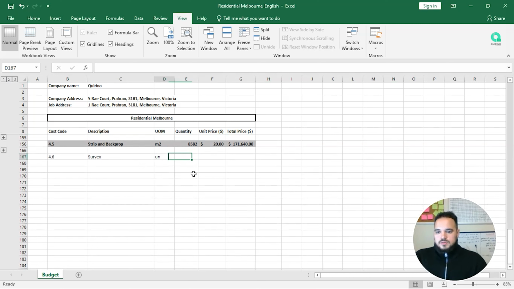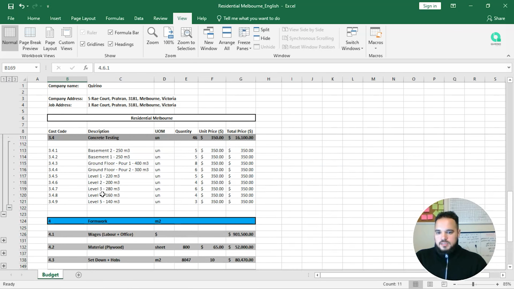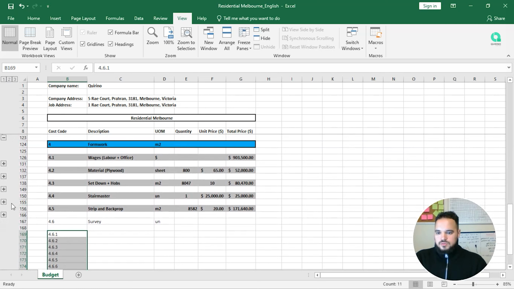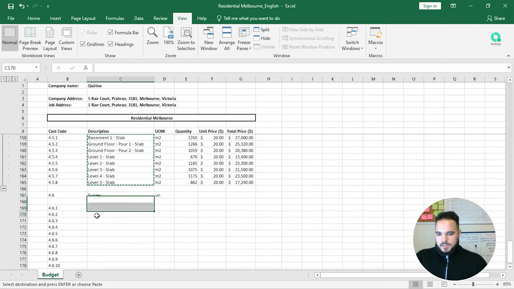Quantity we don't know. Let's write down all the floors that we have: 4.6.1, 4.6.2, 4.6.3, and so on and so forth. Here we need all the levels, actually all the levels that are here, plus